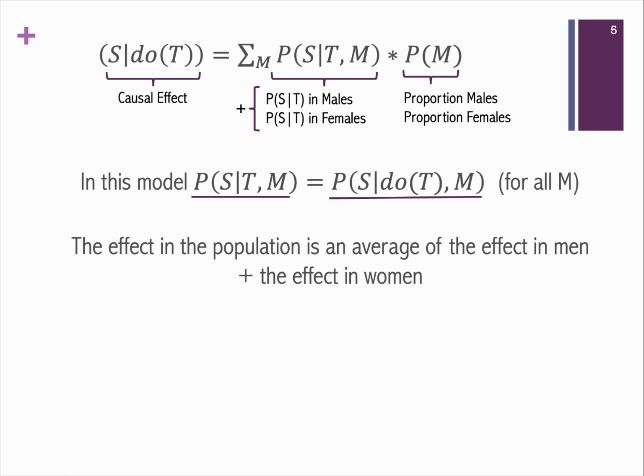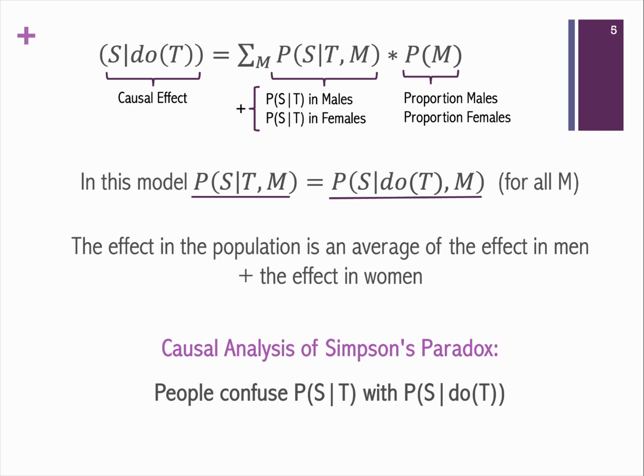I know I'm giving you a lot of technical details, but once you absorb them, you'll be able to sidestep a world of confusion. According to the causal analysis of Simpson's paradox, the reason people are puzzled by the paradox is they conflate standard conditional probabilities with causal ones. While it's possible for a treatment to raise the probability of success in a population, but not in any subpopulations, it's not possible for a treatment to be causally effective in a population, but not in any subpopulations. This follows directly from the effect being an average of those in the subpopulations.